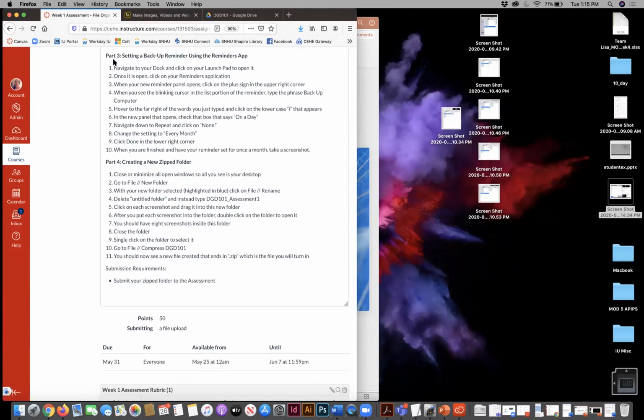All right, so part 3. So keep everything on your desktop as you're taking these screenshots for now. Part 3, so now you're going to navigate to your dock and click on your Launchpad to open it. So if you're on a Mac,